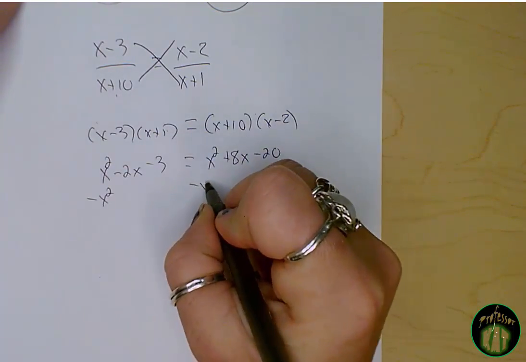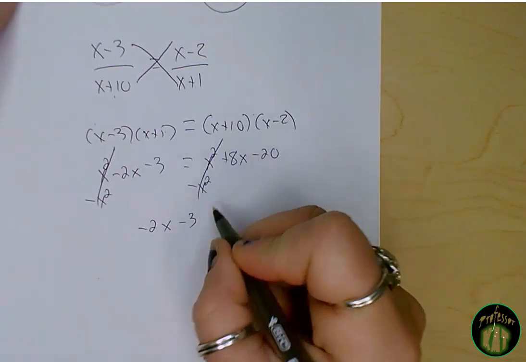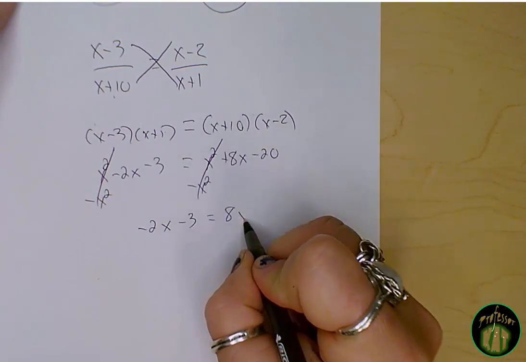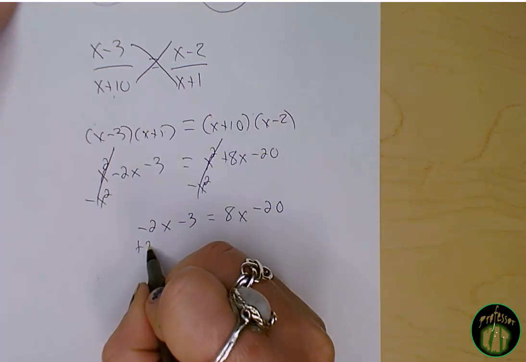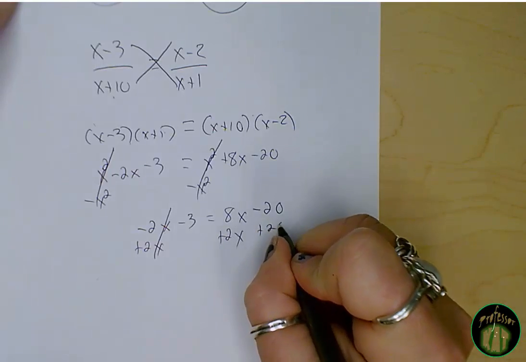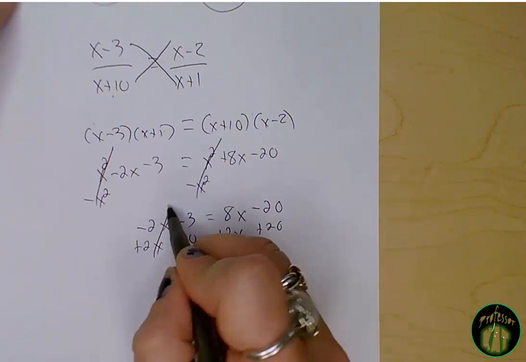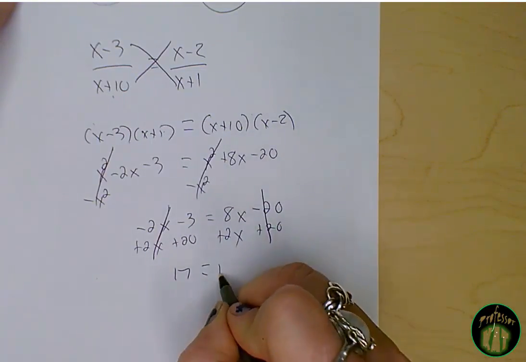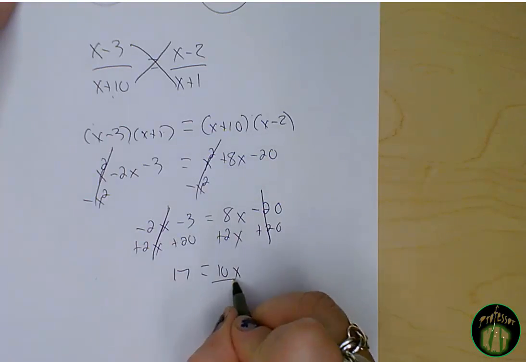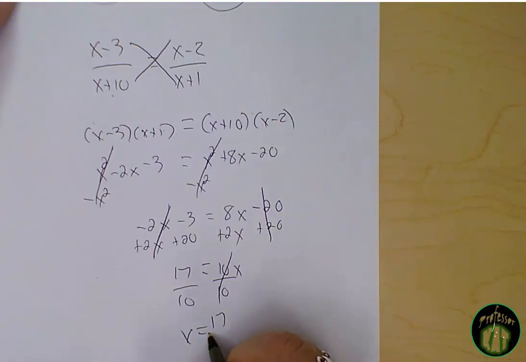The first thing I'm going to do is subtract x squared on each side. That's going to leave me with negative 2x minus 3, and 8x minus 20. If I add the 2x to the other side, I'm going to go ahead and add the 20 to the left-hand side. Bring my x to the right, bring my number to the left. That is going to give me a 17 on the left-hand side and a 10x on the right-hand side. Divide each side by 10, and x is equal to